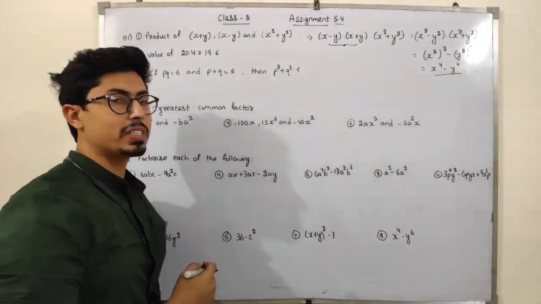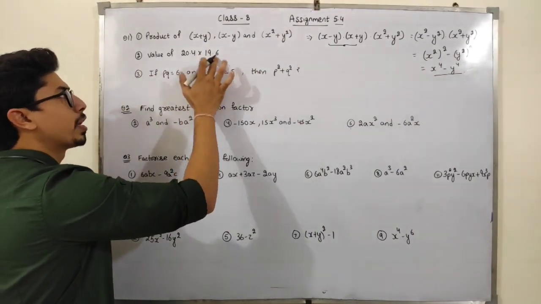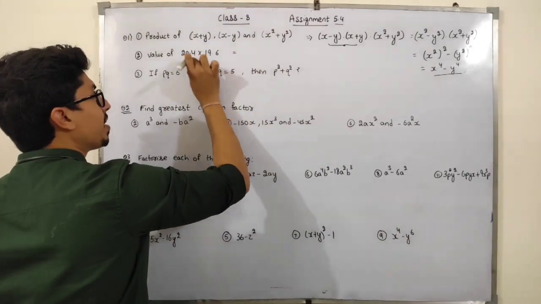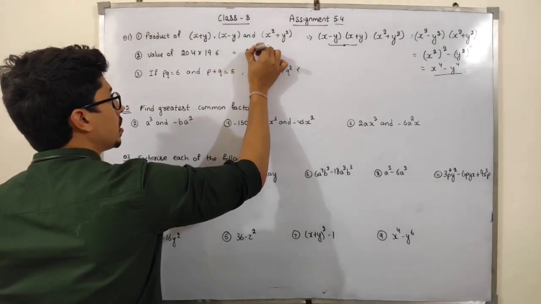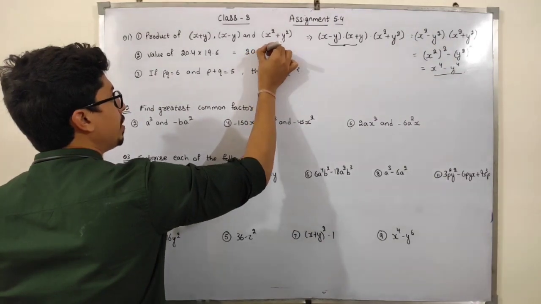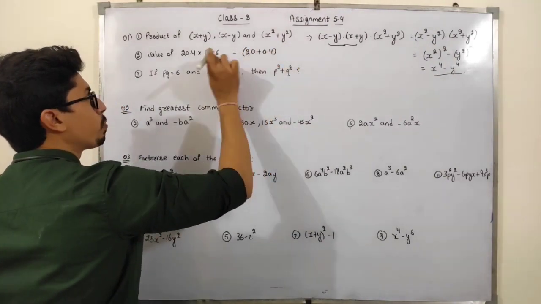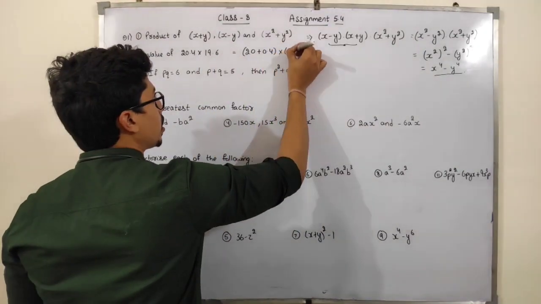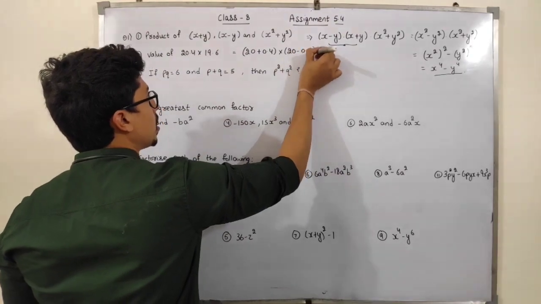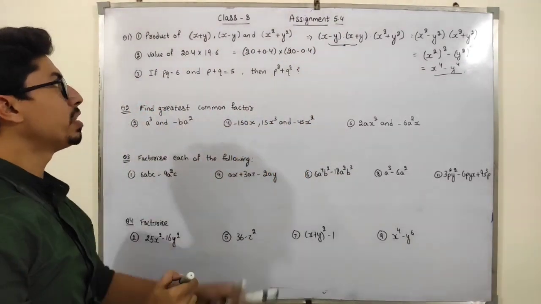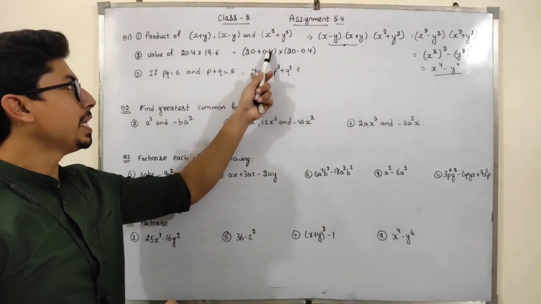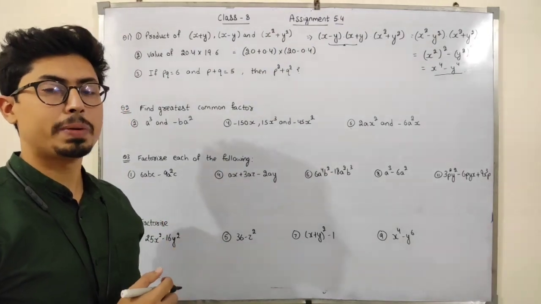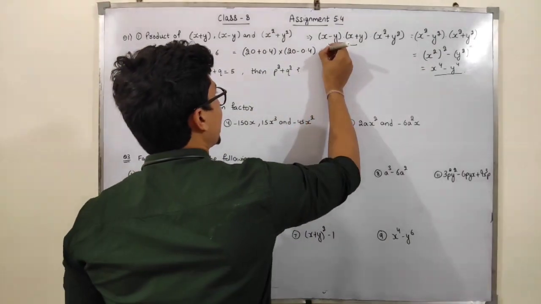Okay. Now students, the second part, I have to find out the product of these two numbers. Okay. So students, I can write this as 20 plus 0.4, because 20 plus 0.4 is 20.4. I can write this as 20 minus 0.4, because 20 minus 0.4 is 19.6. Now (a plus b)(a minus b). Okay, I can use the formula (a plus b)(a minus b), that will be a square minus b square. So what will it be, students?